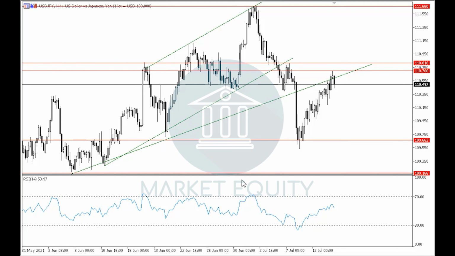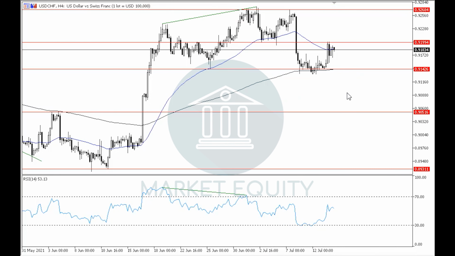Let's move on to the US dollar versus the Swiss franc. In the earlier videos, we said that by breaking down through level 0.9140, the pair will continue with the downtrend. However, the pair has rebounded upwards off of it to correct and reached around level 0.92, which it started rebounding